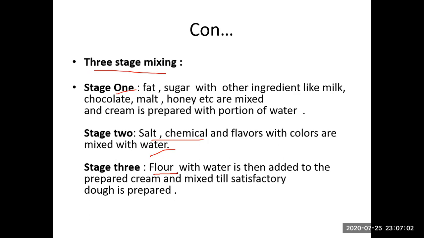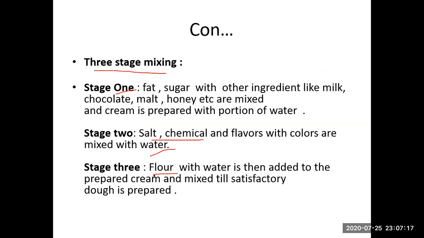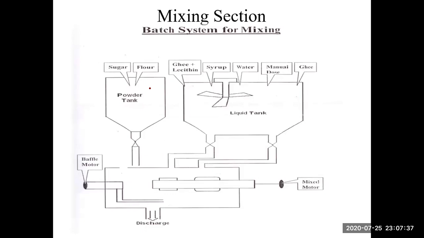So what is the difference between stage 2 and 3? In the 2 stage process, you add flavor and color in either your creaming stage or flour stage, in whichever stage you wish. But in the 3 stage process, normally we use chemicals or flavor in our second stage, as we mentioned. And before using them, we mix the flavor drops or any kinds of chemicals with water, then we use that. Okay, that is our mixing process.